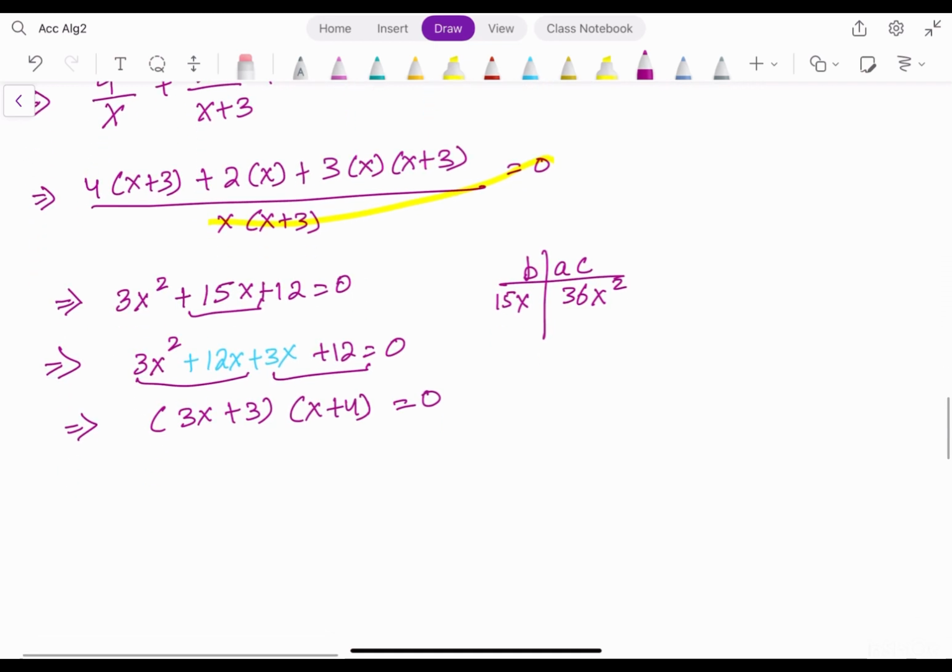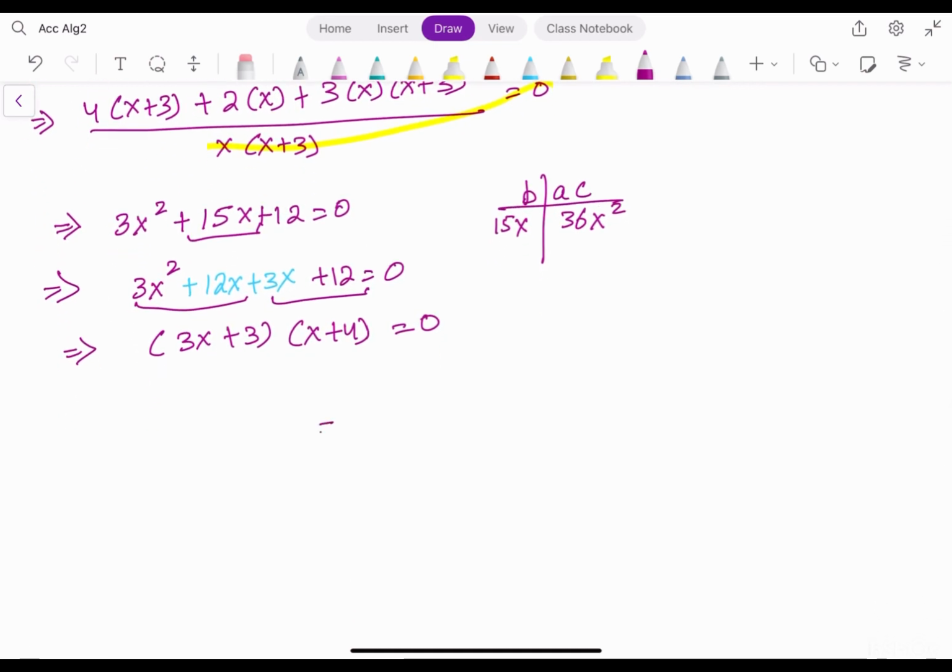So with this you will get two lovely roots, which will be x is equal to negative 1 and x is equal to negative 4. Again, a reminder, do check your answer